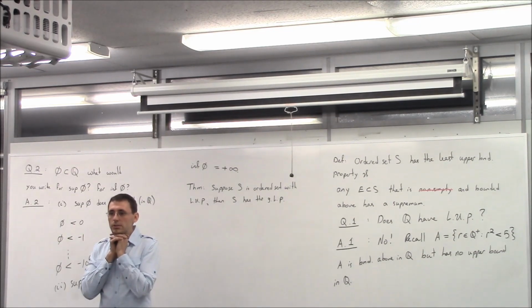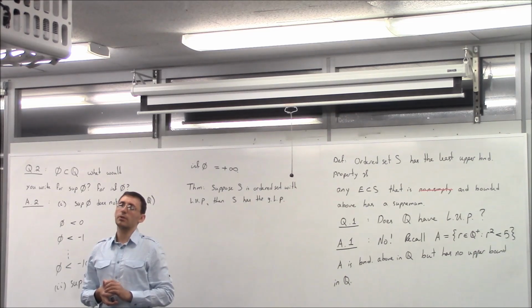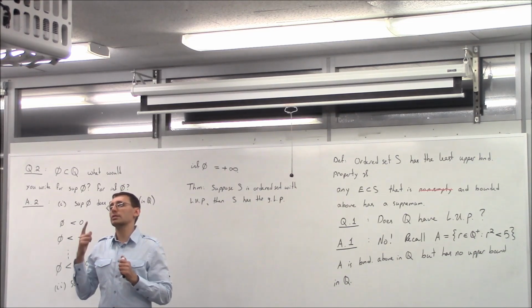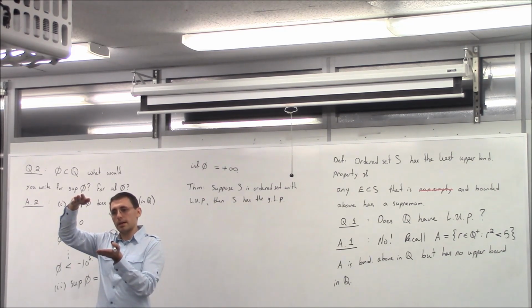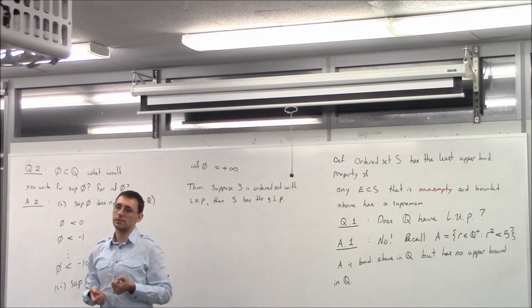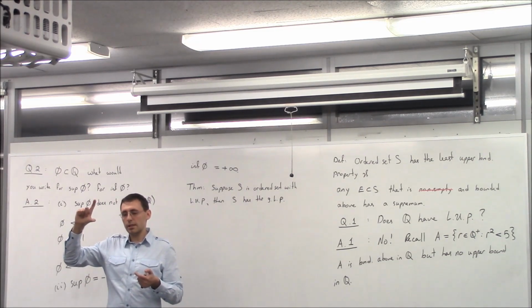Where n goes from 1 to... So you want to take it as your S, 1 over n, or as your S. Yes, good. We have a lower upper bound. Well, we have that 1. If you want to measure S, S is bounded above in itself by 1, but it's not bounded below in itself. Exactly. So it's fine. But does the set have the least upper bound property?